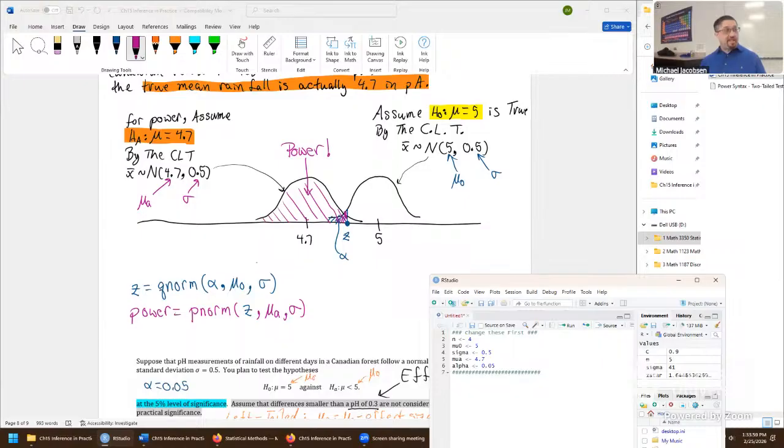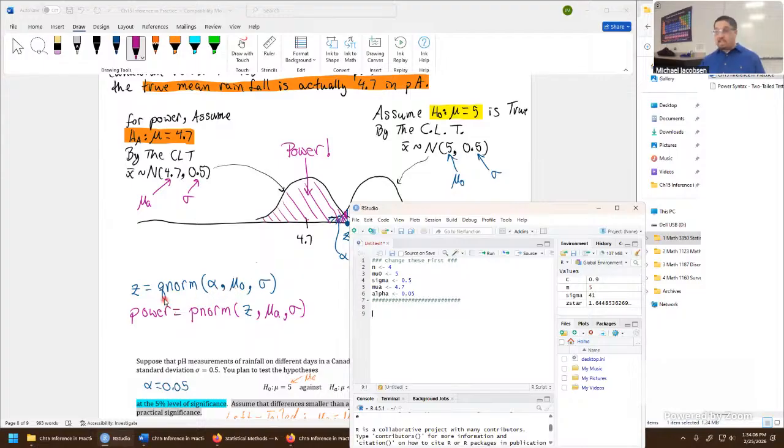Okay, so after changing the values to match whichever problem you're working on, next thing to do is throw in this Z value. Z gets Q norm, alpha, mu naught, sigma. Then last line's power, I wanted to output power, so I'm just going to say this. Power of the left